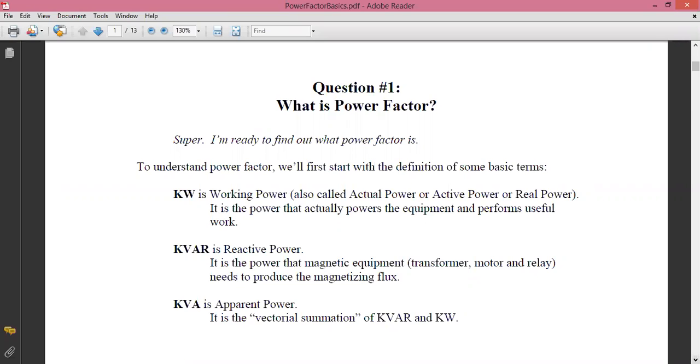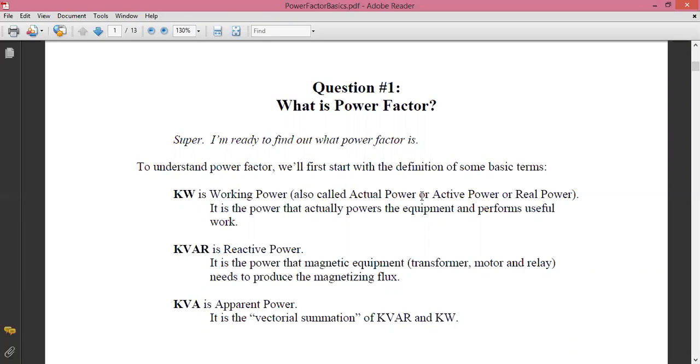That means, if you remember, the unit of active power is kW, which equals VI cos phi, whereas the unit of reactive power is kVAR, which equals VI sin phi, and apparent power is kVA, which equals V into I, where phi is the phase angle. The phase angle ultimately depends upon the load, whether the load is inductive, capacitive, or resistive.